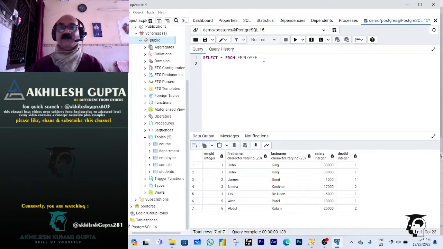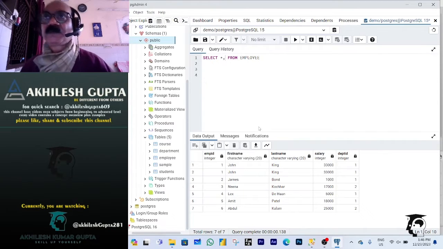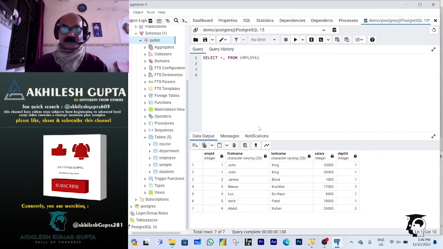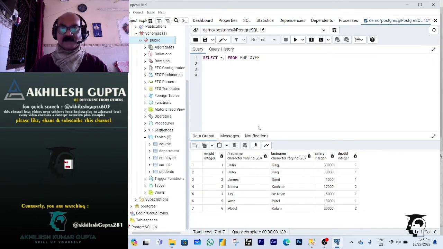So how are we gonna do this? Let's start. Select star, and you know everything I'm gonna pick up. So this is my query, along with which I'm going to add one new column so that I specify what kind of salary each and every employee has. So here I'm gonna use a case statement: case when salary